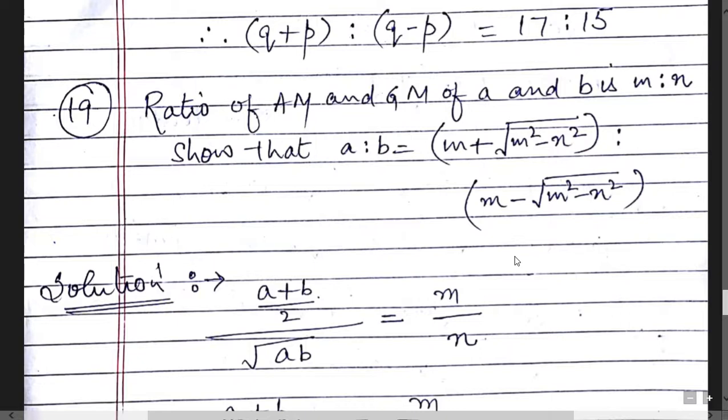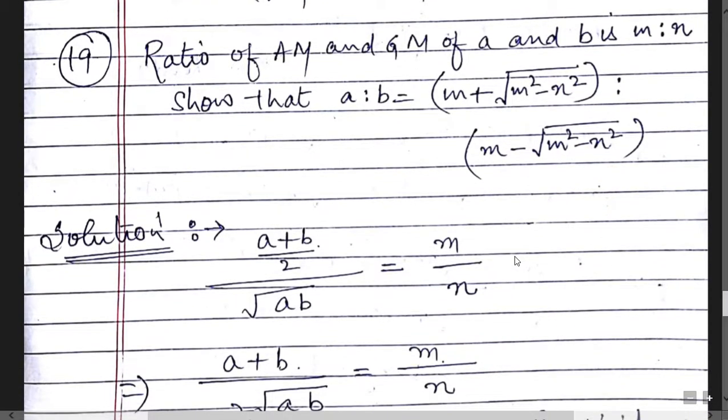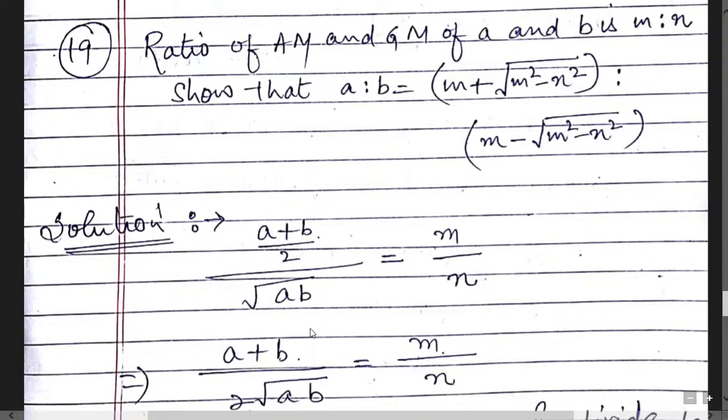It's a similar sort of question but a little bit different. Ratio of arithmetic mean and geometric mean of A and B. Now what is the meaning of arithmetic mean? Arithmetic mean we have earlier completed in exercise of AP and geometric mean in exercise of GP. What is the formula for AM? It's A plus B divided by 2. And what is the formula for GM? It's the square root of AB. Now A plus B over 2 into square root AB basically.